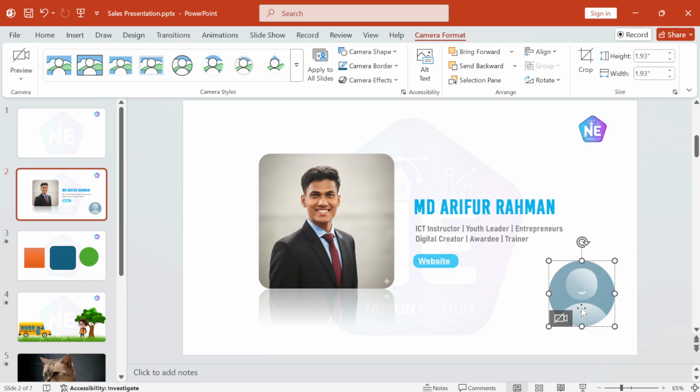Finally, turn on your camera. Make sure it's connected and that PowerPoint has permission to access it. Adjust your camera settings to get the best frame and appearance. And that's it. You've successfully added a live camera feed to your PowerPoint presentation using Cameo, making your slides more engaging and